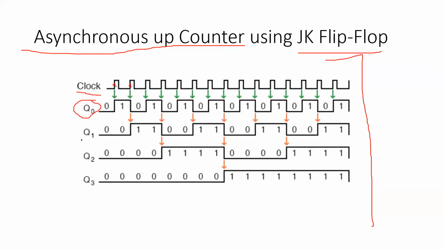But these particular values Q1, Q2, Q3 will get changed for a falling edge of a clock pulse. So for this particular flip-flop, this particular clock cycle will work. This is the clock cycle which it basically operates on. And similarly, for getting output from this particular clock cycle, we have this particular flip-flop.